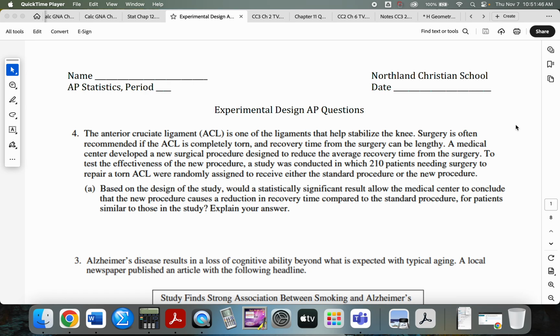I score AP calculus questions in the summer and have for ages. I enjoy doing it. You would have to pay me a lot of money to make me do the stat ones because how you score it is multiple pages long. You'll see in just a second. All right. So